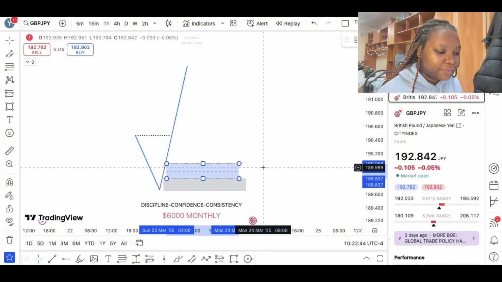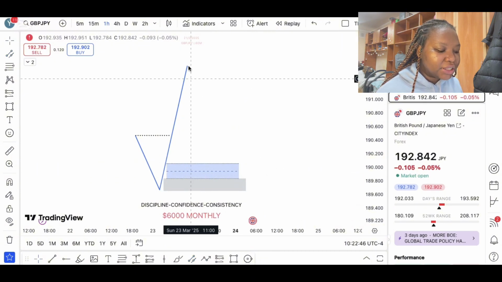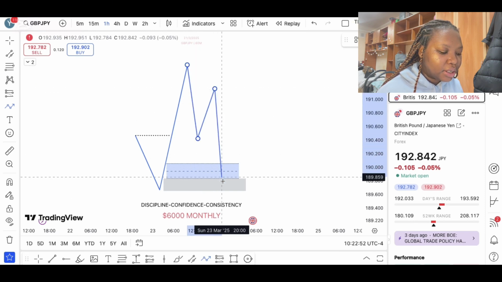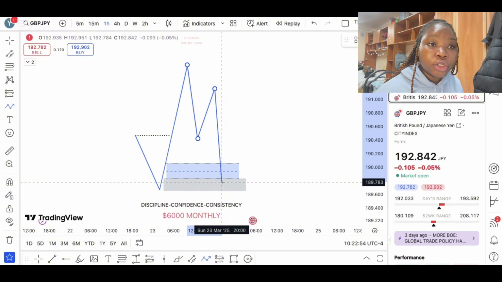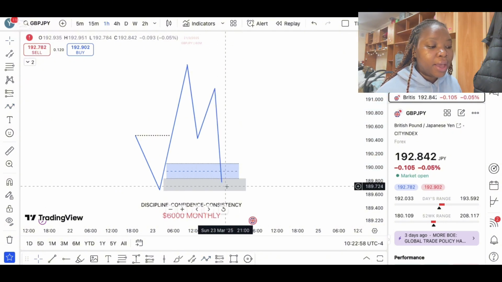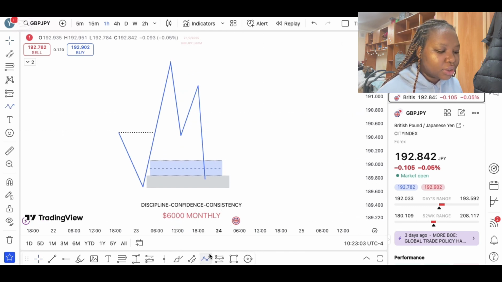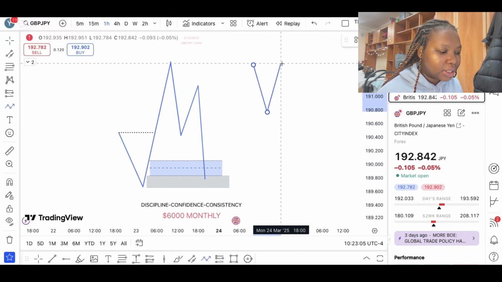Right, now that we have this fair value gap, we are expecting price to come back like this. We are expecting price to come back here. It's not going to come back directly, but I just want to show you before we buy. So in this case, we have a bullish order block. In this other case, when we see something like this,